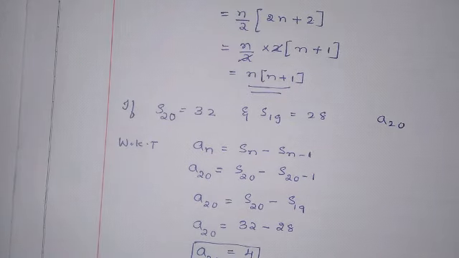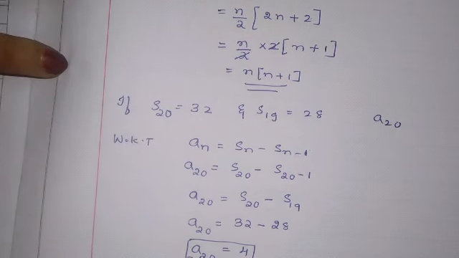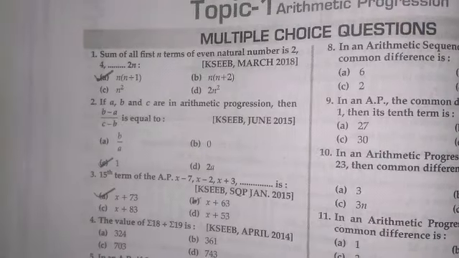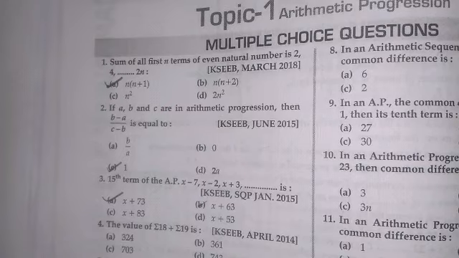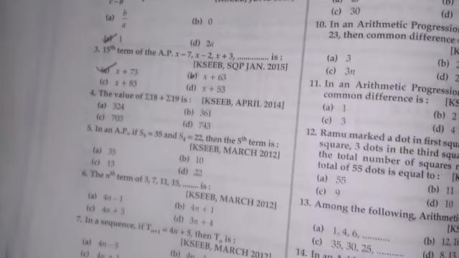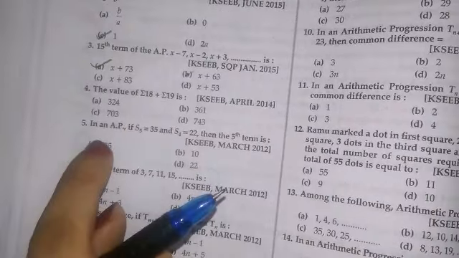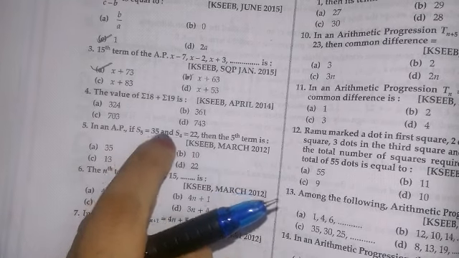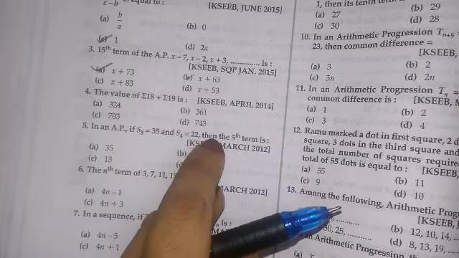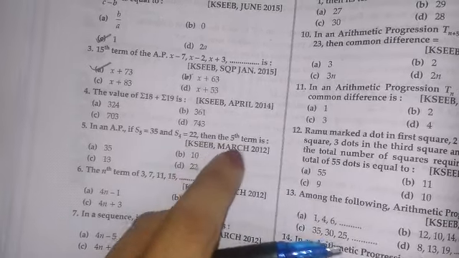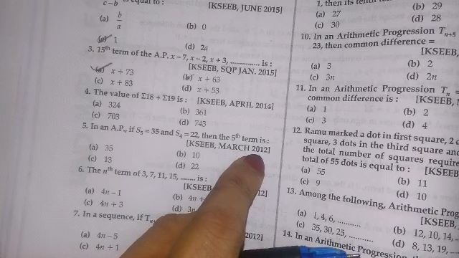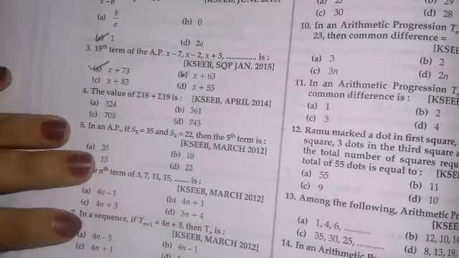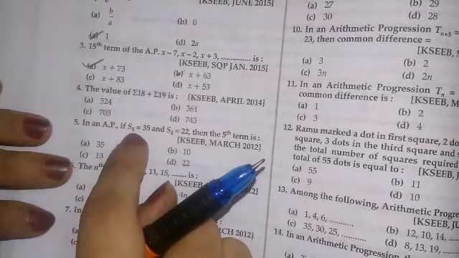Now we have one more type of this problem in the Oswaal book. The same type of question they have asked. So let me find that same type of question now. See, this is the Oswaal book. Here a similar type of question is asked. You can see here, in an AP, if S5 is equal to 35 and S4 is equal to 22, then the fifth term is. This is like a March 2012 question paper question. So these are all important questions. I'll do them from the Oswaal book as well as from that booklet.